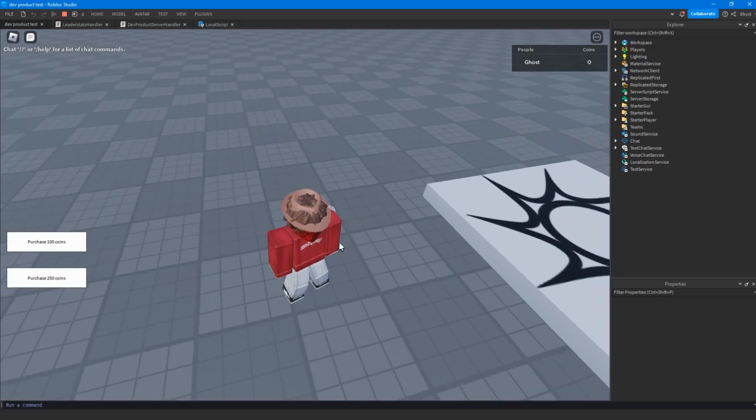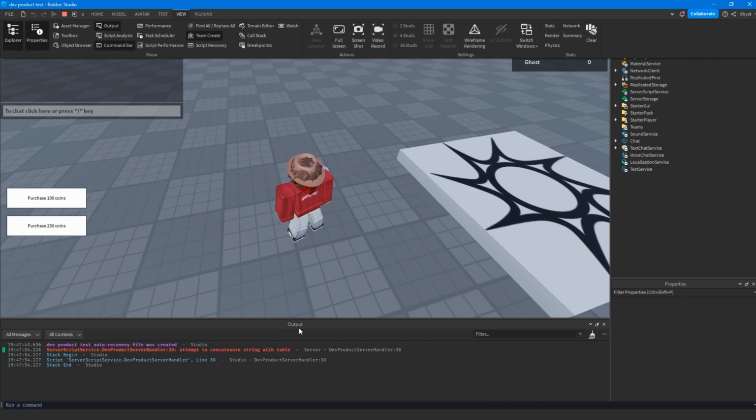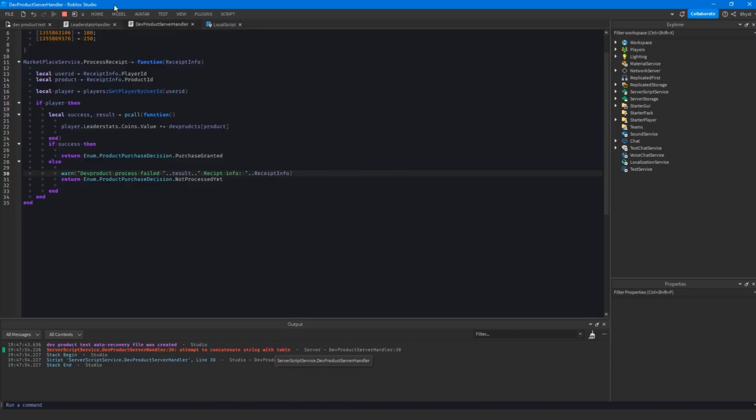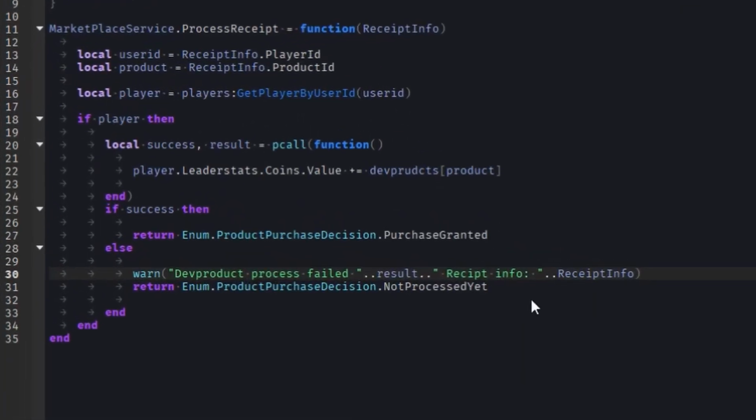You purchased developer product 1. Now you can see it clearly didn't work because I actually don't know what I'm doing. And the reason for that is because I don't know what I'm doing. I think the error here